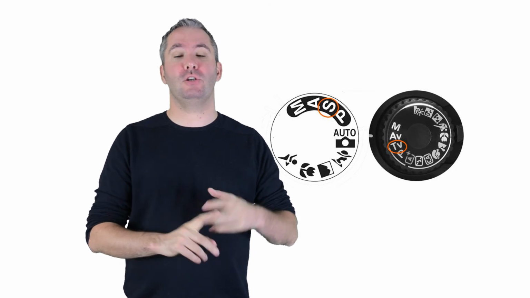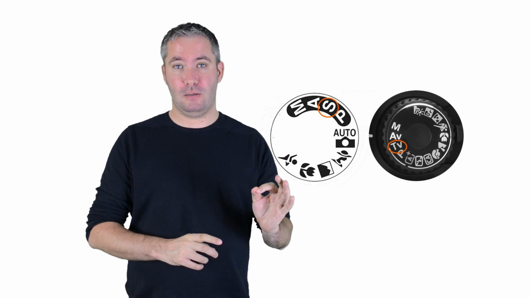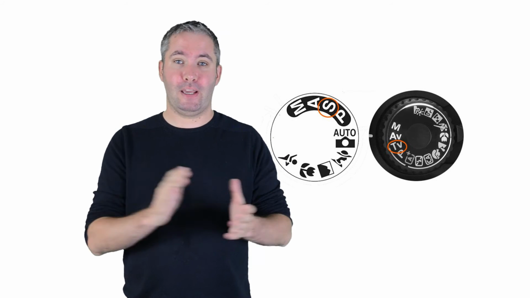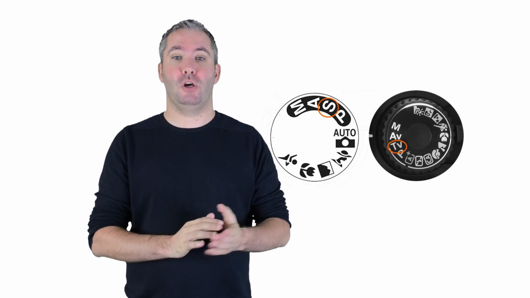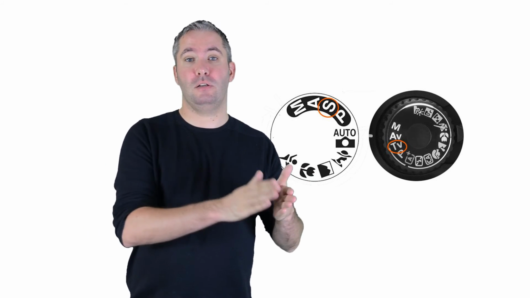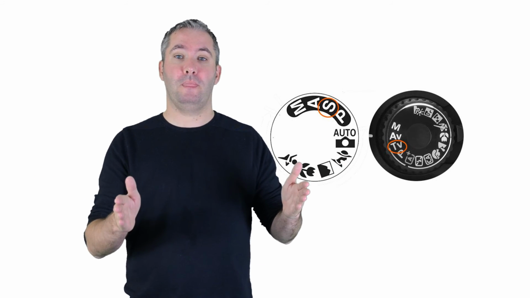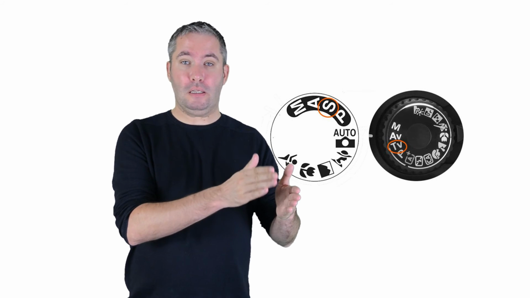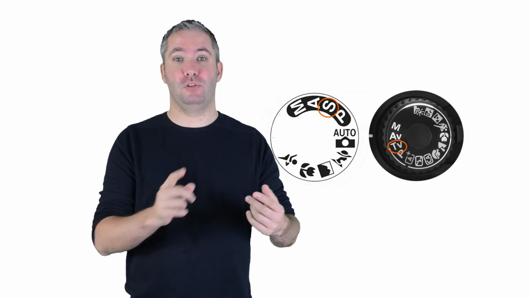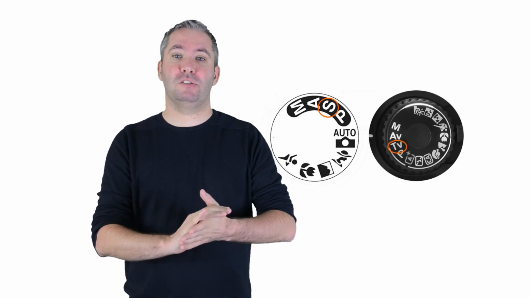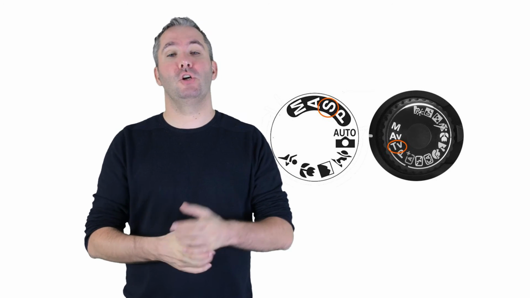Okay folks, so remember, manual, you've got full control. Shutter speed priority, you're choosing the shutter speed. The camera is then going to choose the aperture for you. So, fast shutter speed, low aperture, low depth of field. Long shutter speed, high aperture. Or as I like to think, you choose your aperture first of all, and then the camera tells you what your shutter speed is. And then aperture priority is you're choosing the aperture, the camera is going to tell you what the shutter speed is,